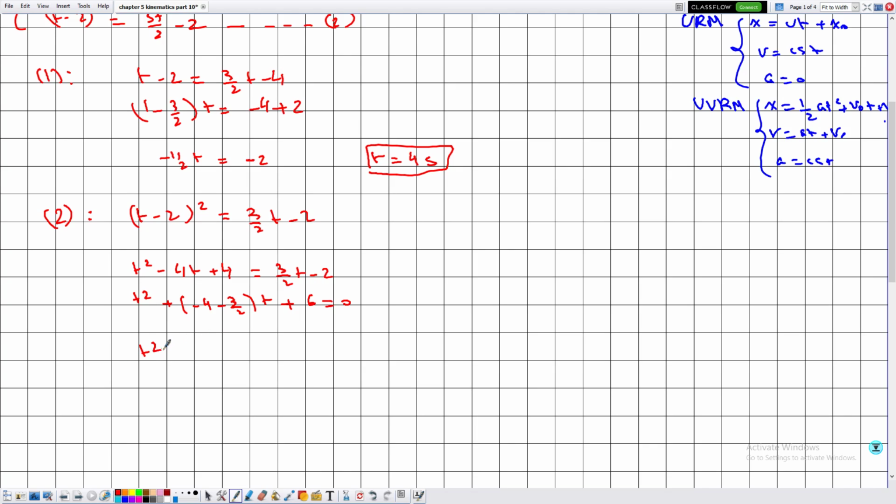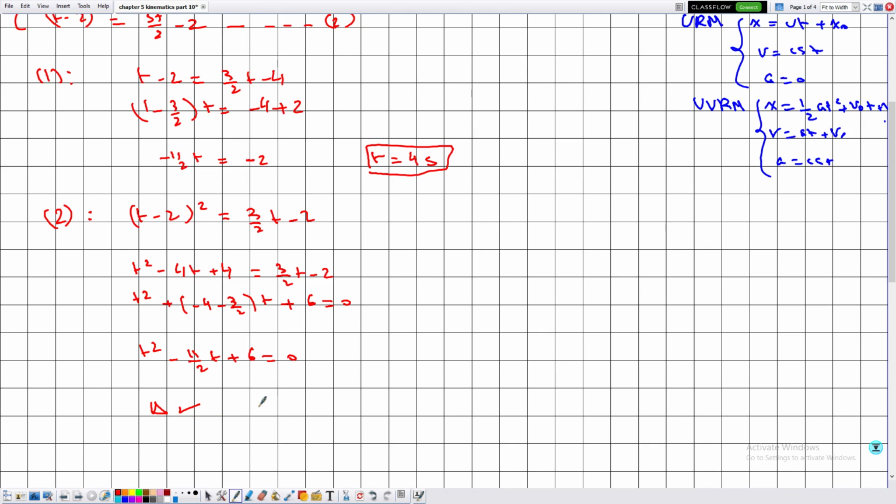So then this is given by t² + (−4 − 3/2), which is −11/2, t + 6 = 0. Then we can find the value of delta, using the calculator,